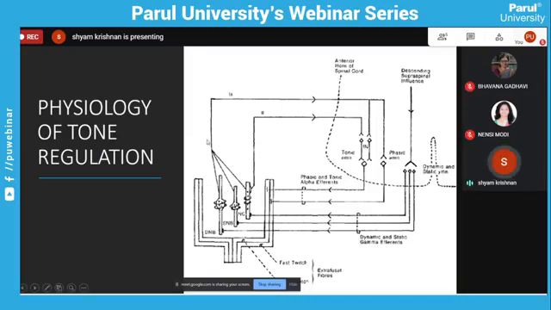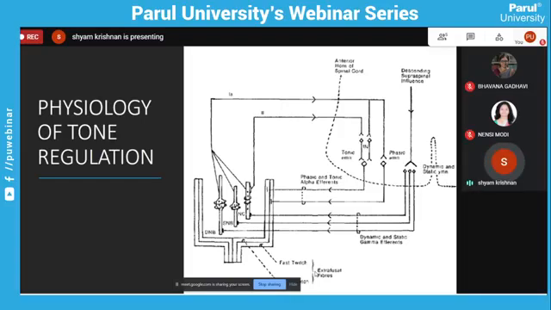That 1A fiber will send the information towards the alpha motor neuron, and the alpha motor neuron will basically be depolarized, and that depolarization will lead to a contraction of the same muscle. This is the monosynaptic reflex arc, and that basically is responsible for what you see as tendon jerks. Okay, to put an example of the simplest manifestation, is basically what you would see in a tendon. But this is not just limited to tendon jerks.